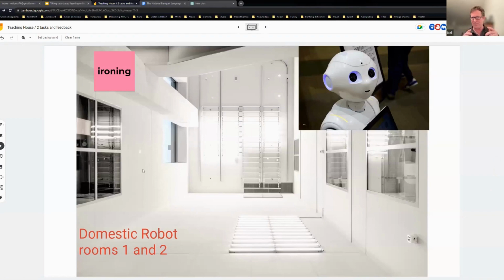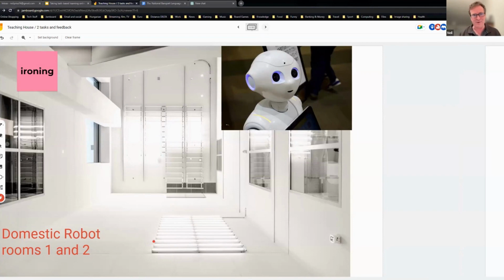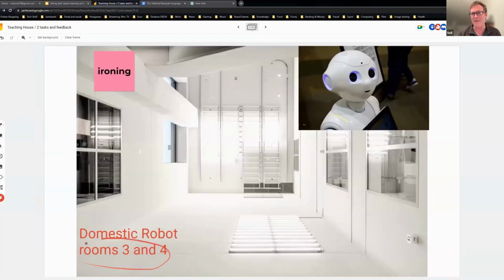Right, so I've prepared another Jamboard, rooms 1 and 2, and then rooms 3 and 4. I won't be putting you in rooms right now. There isn't time, but you'll put the students into rooms when you do this. So it's very easy to do on Zoom to combine the people in those rooms. So you just say, okay, now if you're in room 1, that's the previous room 1 and 2 together. Now if you're in room 3, that's the previous room 3 and 4.